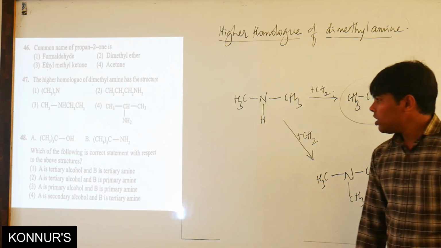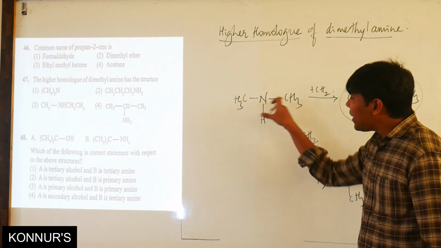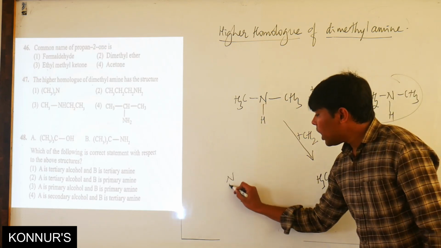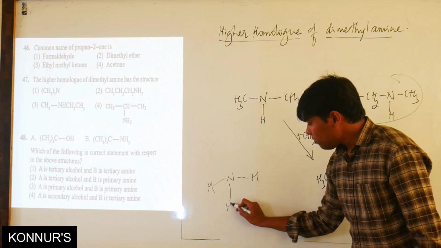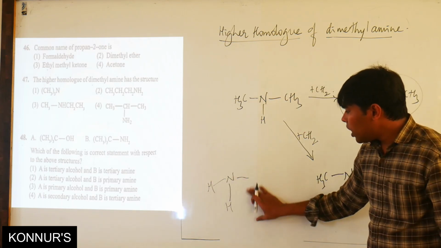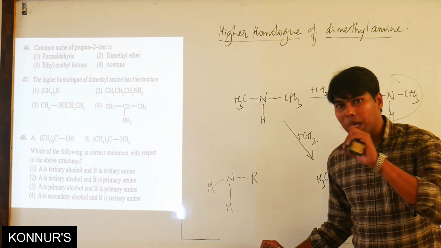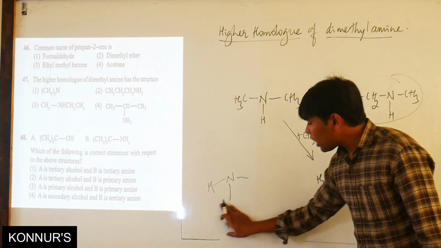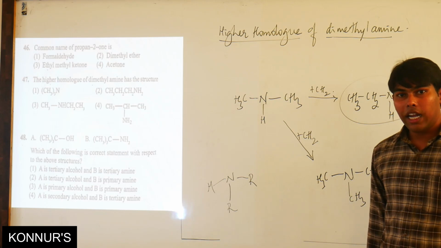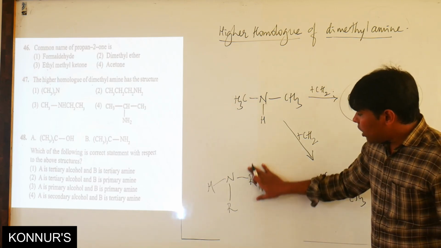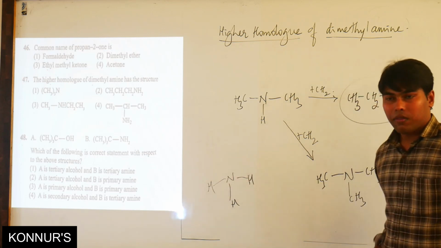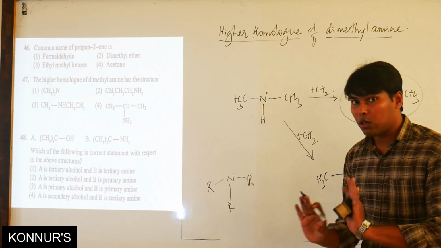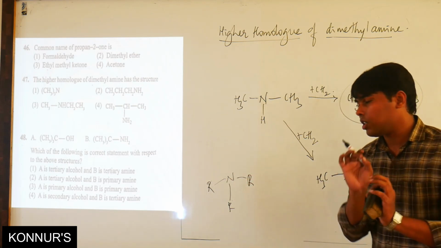Now see here, students, this amine is a secondary amine. Let us suppose in ammonia, if the nitrogen is bonded to only one alkyl group, it is called a primary amine. Again in ammonia, if 2 of the hydrogens are replaced by alkyl or aryl, it becomes the secondary amine. If in ammonia all the valencies are satisfied by alkyl or aryl, where there is no hydrogen, these are called tertiary amines.